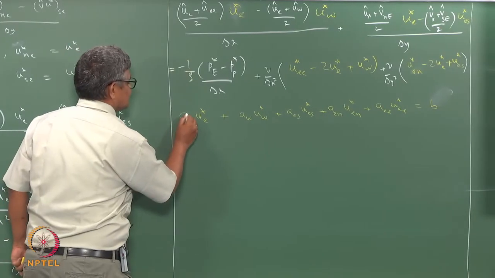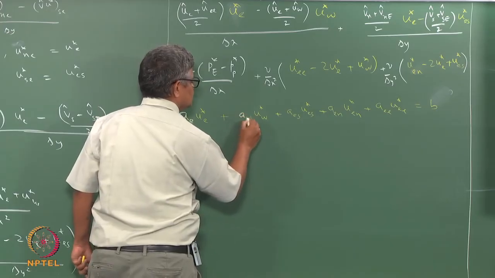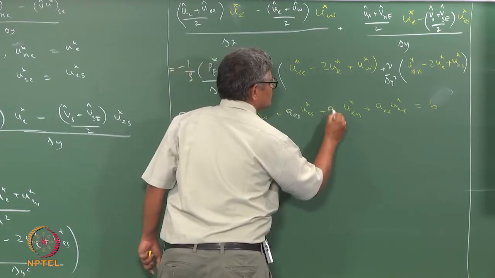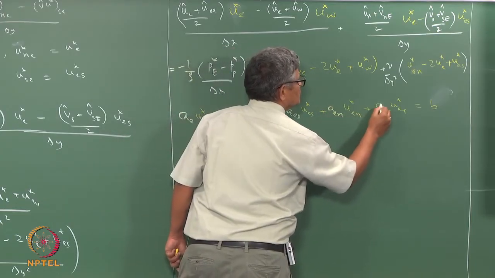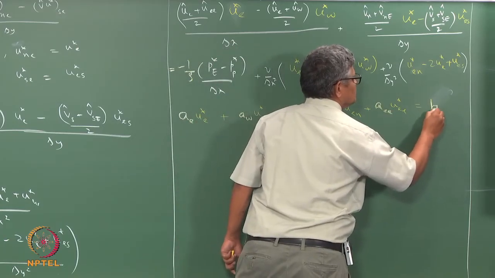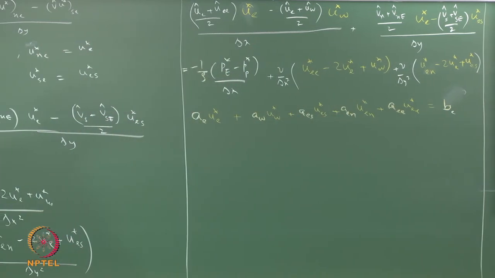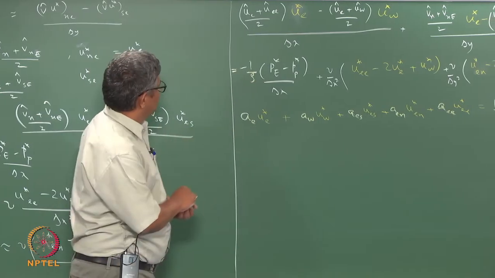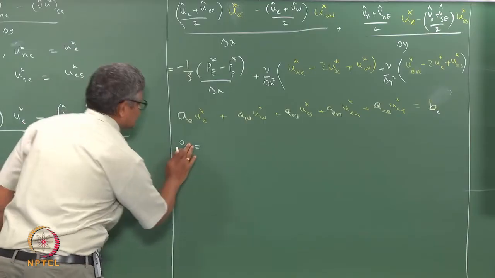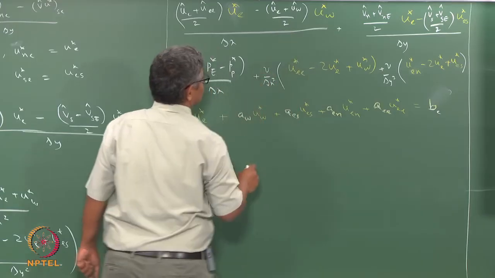So we should have put this as AE, W, ES, and let us call this as BE here. Now in this we can write down what is AE. Let us write down what is AW. AW has a contribution coming from this. So this is